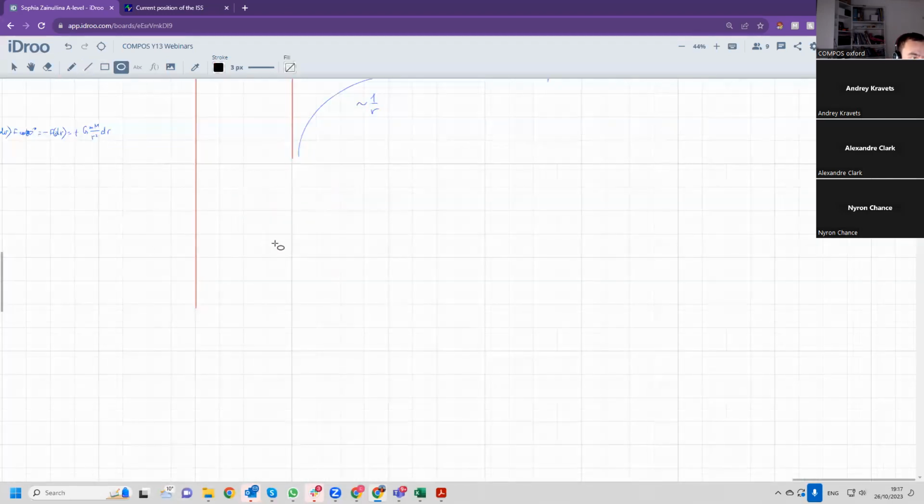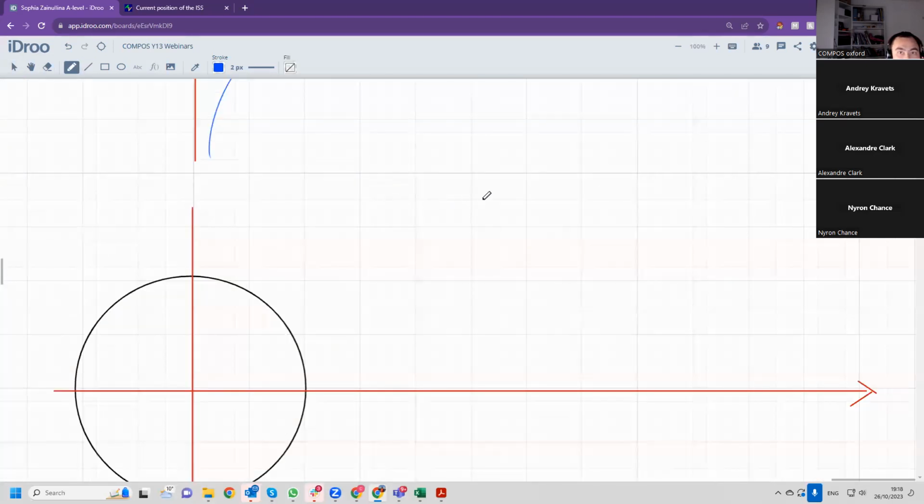If you're inside a planet, the gravitational field is proportional to R. And gravitational potential energy